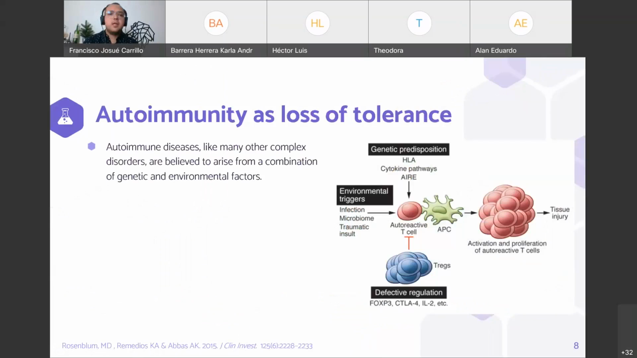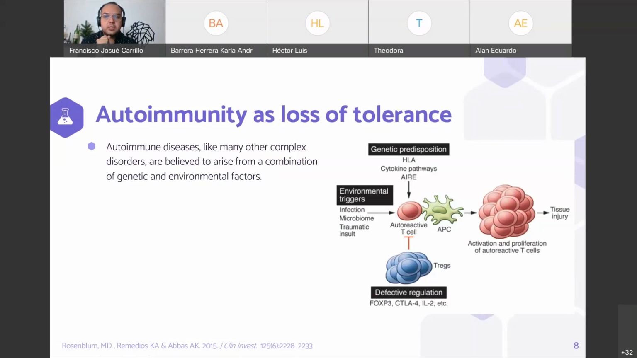So autoimmune diseases, like many other complex disorders, are believed to arise from a combination of genetics and environmental factors. I talked recently about the ARIA gene, but there are some other polymorphisms described in the HLA or MHC regions, and some others, for example, involving the cytokine pathways. Talking about the environmental factors, there are infections, or, for example, right now we have the microbiome, which may also contribute to regulating, or turning on or off, some of the immune responses,